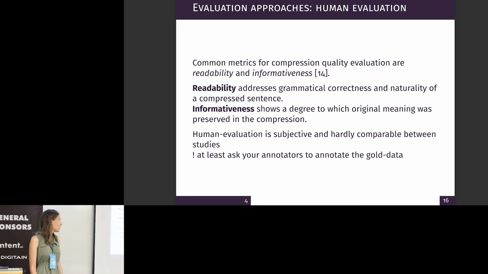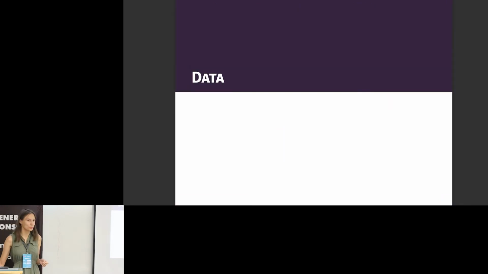So that's another problem. But at least if you approach this problem, or any problem with similar challenges where you can't fully rely on automatic evaluation and you need human evaluation, I encourage everyone to ask annotators to annotate gold data as well, so that later other researchers can compare gold data annotations between different people and have an idea, like, my annotators are slightly more strict than others, and have this bias considered. Okay, what's next? Let's talk about the data.